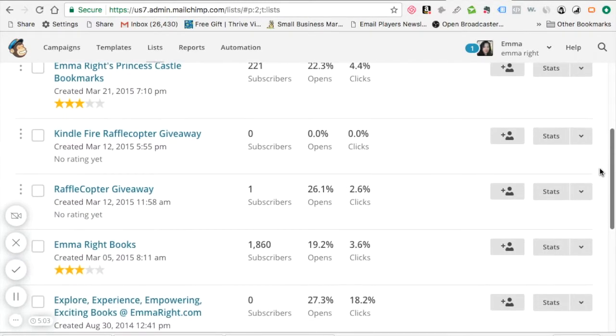through one by one. See, so I can't, let's say I want to send an announcement, say that I have a new book, or I want to say happy Thanksgiving to my Emma Writes Books subscribers. Well, I can't just send it there and check off all these marks and hope everybody will get the email. No, I actually have to go through one by one by one, which, like I say, can